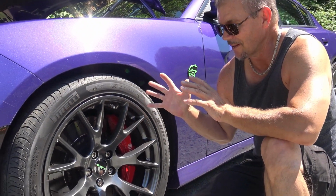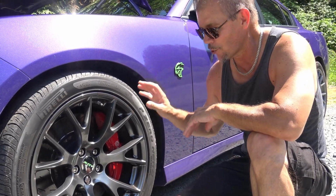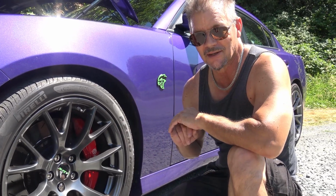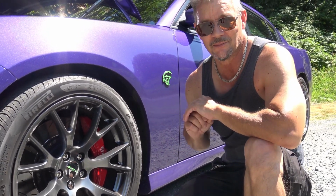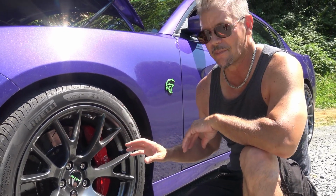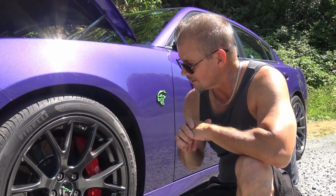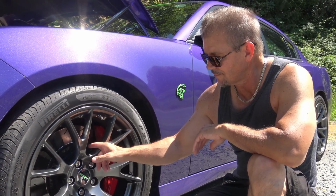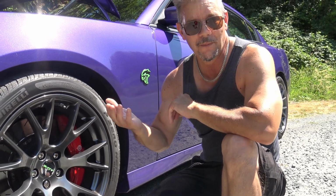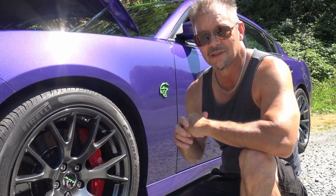Okay, so one of the great things about a Hellcat is the brakes. It's not just about going fast, it's about incredible stopping power. It has giant discs, Brembo 6-piston brakes on the front, and Brembo 4-piston brakes on the back. A lot of cars don't have the Brembos on the back. They have them on the front like the AMG, not on the back. Hellcat, front and back. However, they're expensive. These discs are 2-piece rotors, and they're expensive. To replace all the rotors on a Hellcat, if you warp them at the track or whatever, will cost you $2,500. That's right,